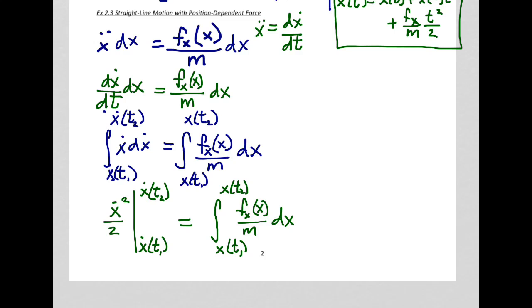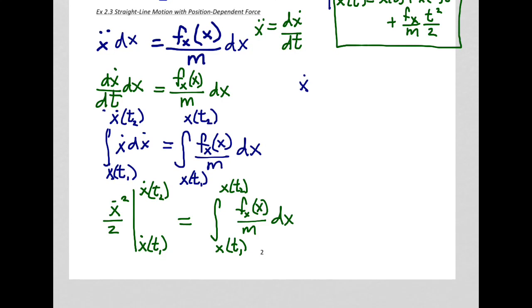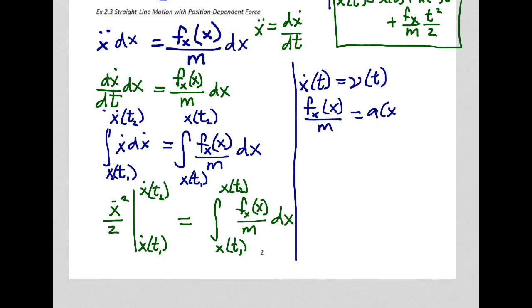Right? So in the book, if you're following along in the book, then you can see that they substituted, and they said that x dot t is equal to, this is a new t, so the speed, and then also that f of x is a function of x divided by m, they defined as a, a function of x, so an acceleration as a function of x. And so that makes the notation a bit more general,